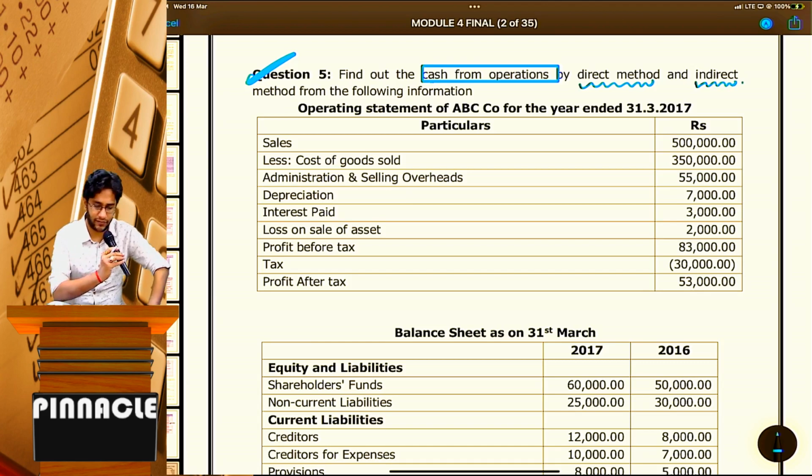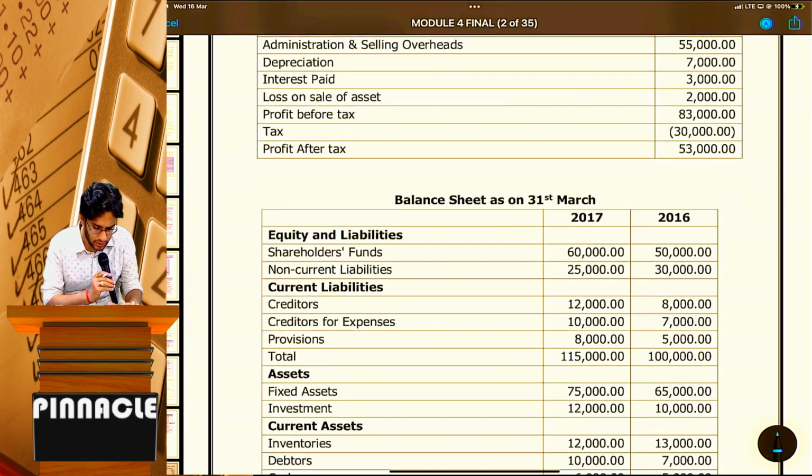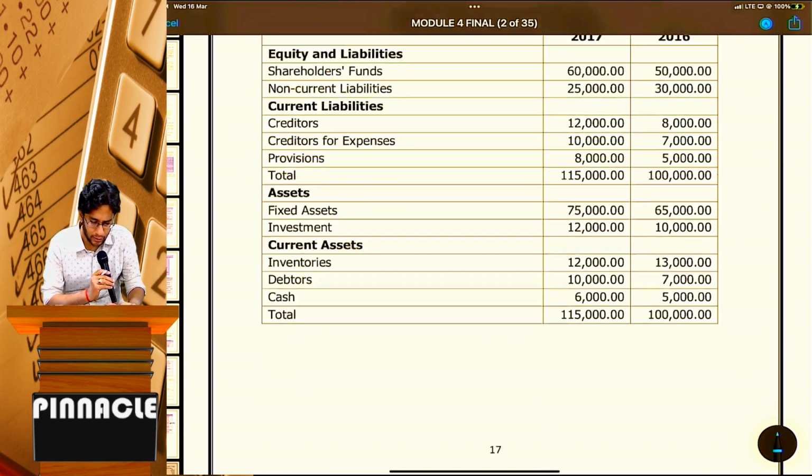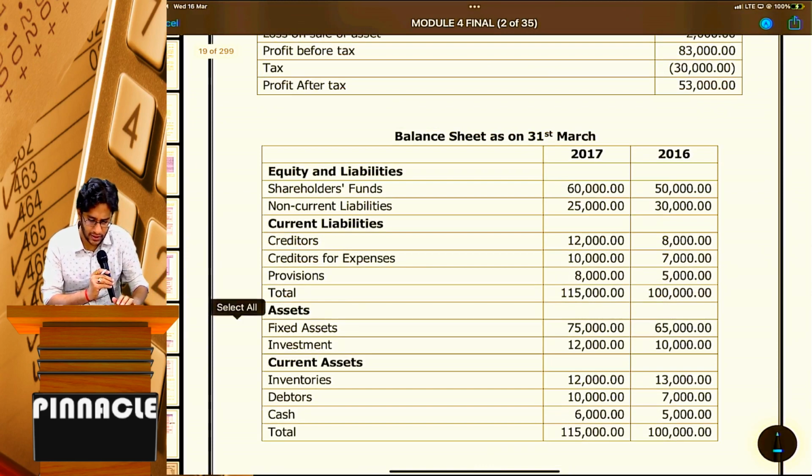So let us see what they have given. Sales 5 lakhs, cost of goods sold is given. Admin expenses, depreciation, tax paid, loss on sale of assets, PBT, finally tax, and then you have profit after tax. So a normal looking P&L. Coming to the balance sheet, last year, current year, shareholder funds, if you observe, last year it was 50,000, current year shareholder funds became